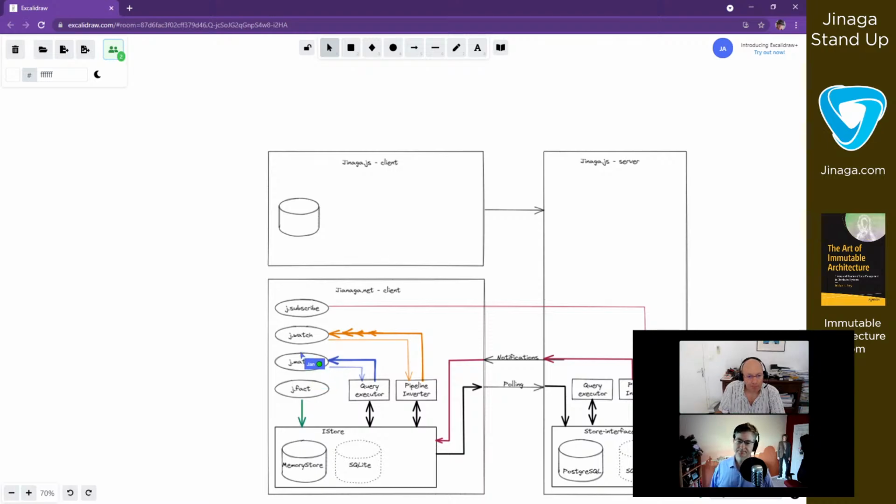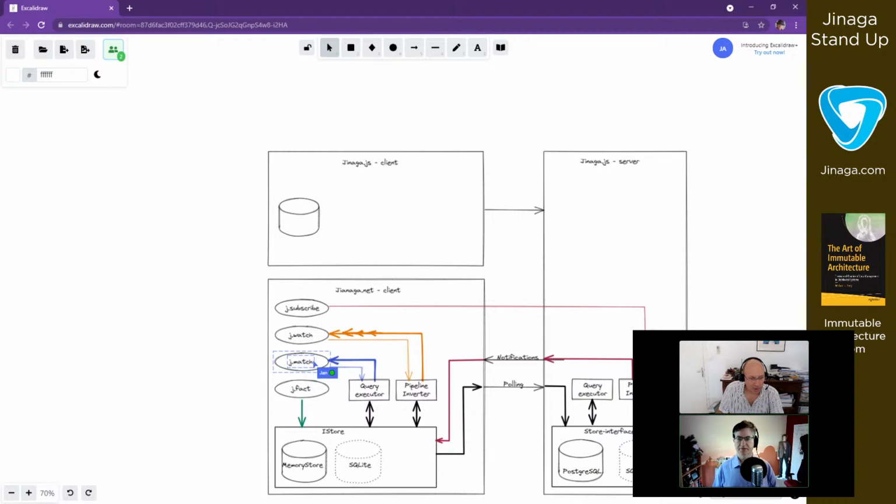And then we have three other commands: a simple match, a watch, and a subscribe. So in Janaga.net, it might be better to put query at that top level where match is.